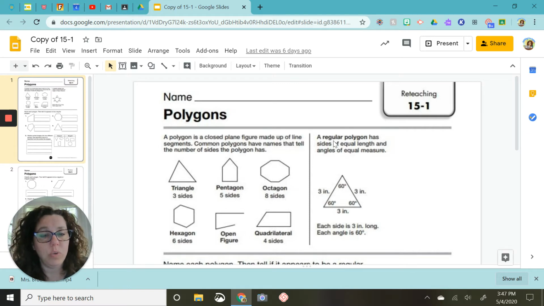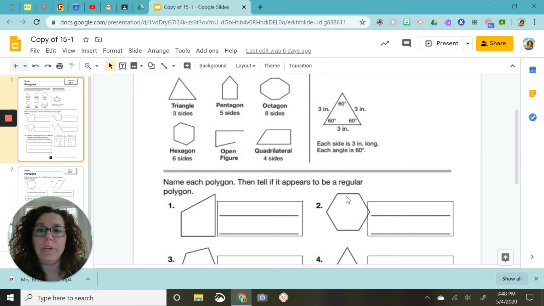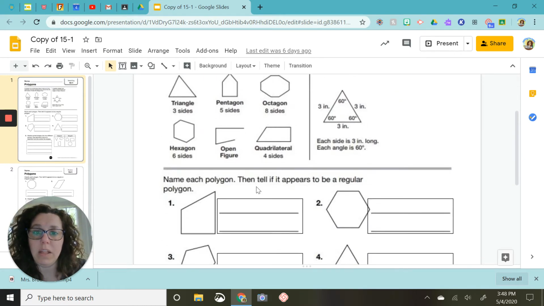So then there's a special word called a regular polygon, and it has sides of equal length and angles of equal measure. So an isosceles or an equilateral triangle would be a regular polygon, which is one shown here. So if something's sides are not the same length, it can't be a regular polygon. So what we're going to do right here, we are going to name the polygon and then tell if it's regular or not. So this one is,